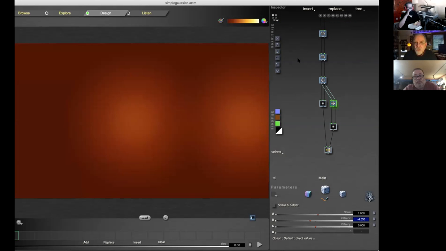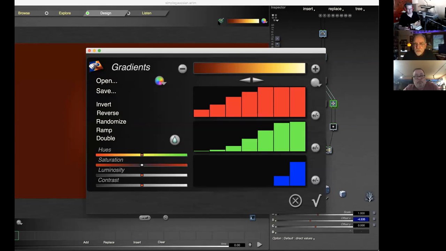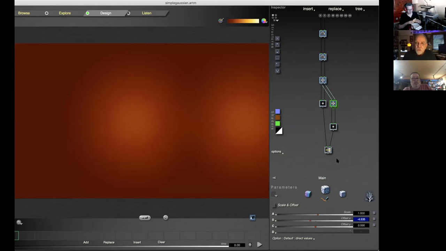And you can also store your own presets inside here. These are gradients, and these gradients are actually mapped across the values of the output here. Now, one thing that I'll briefly mention is